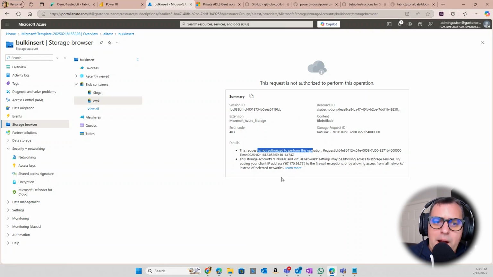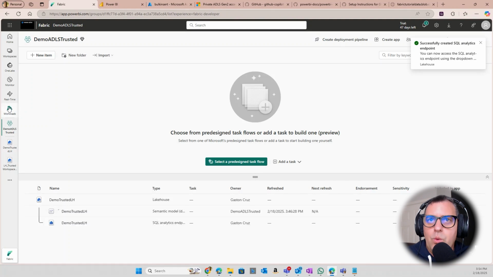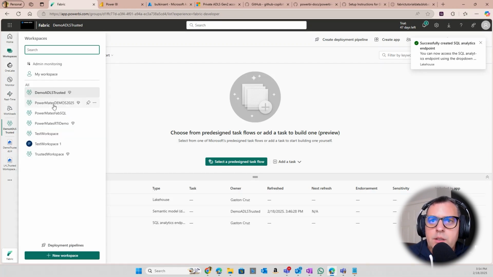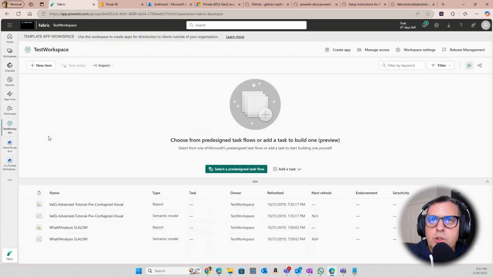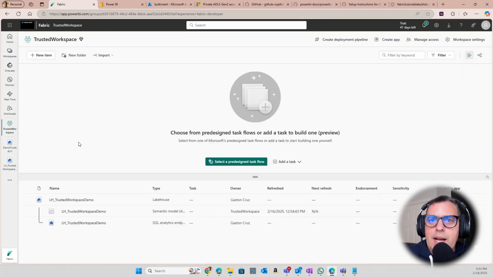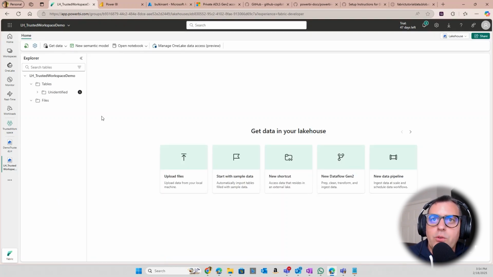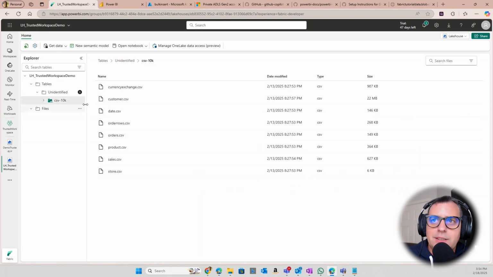But if I go back to my Fabric workspace and open my workspace here, you're going to see that in my trusted workspace, I have my Lakehouse. If I open my Lakehouse, I already have my shortcut, and this shortcut is accessing all my data in that